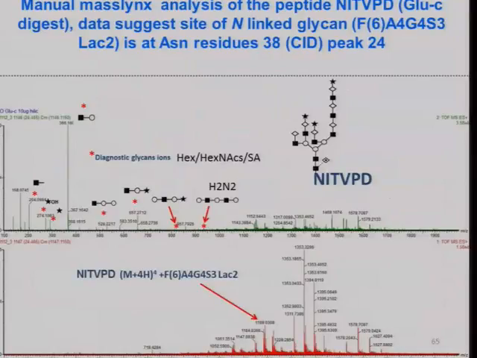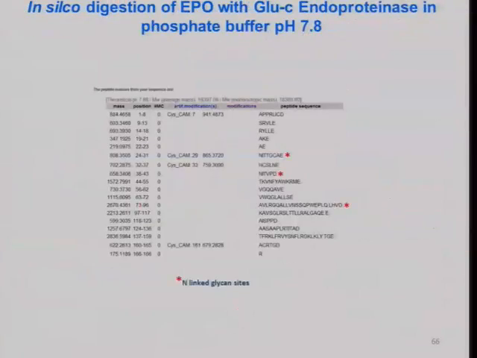This one is telling you that these very long lactosamine extensions are most likely going to be at this site, which has this peptide here, peak 24 or peak 38. And again, this is using the mass links to identify glycosylation sites which are carrying glycans so that you can penetrate those